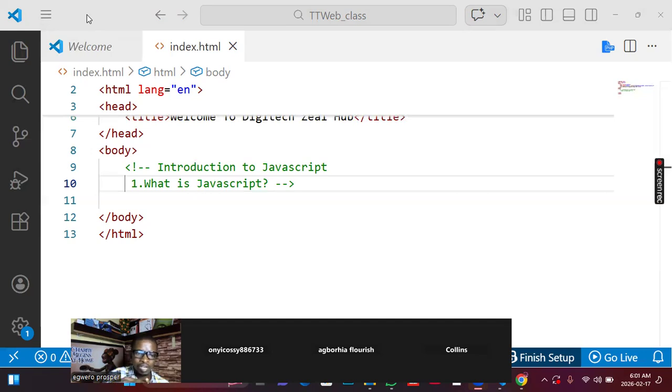I hope we understand that. We are trying to achieve responsiveness in CSS. But when we come to JavaScript, yes, JavaScript can also implement responsiveness. But what we are saying is that the main focus of JavaScript is